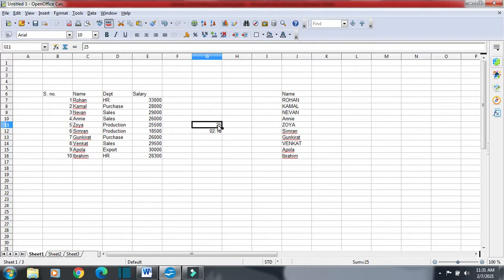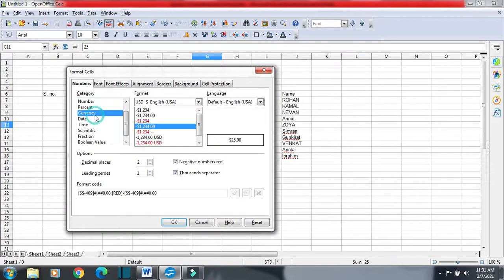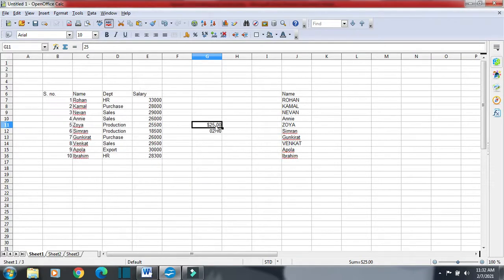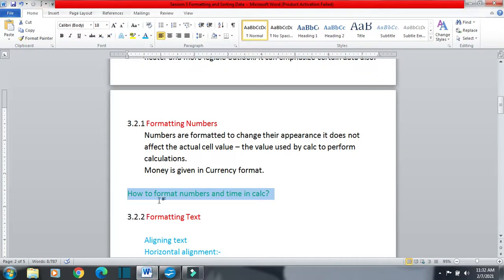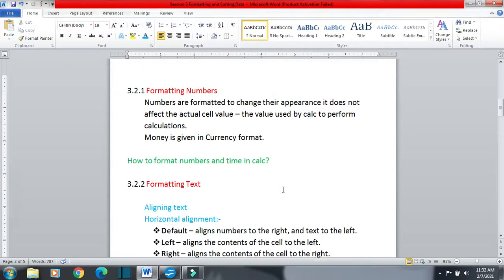You can see we have the number 25, and I have given the currency value in US dollar. It has got the value in dollar. So this was our first topic, how to format numbers and time in Calc.